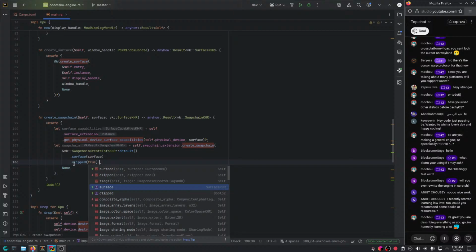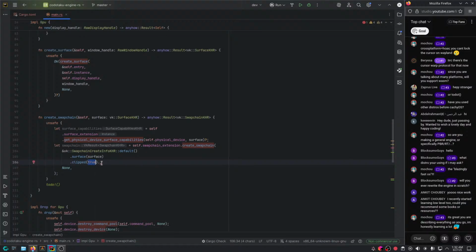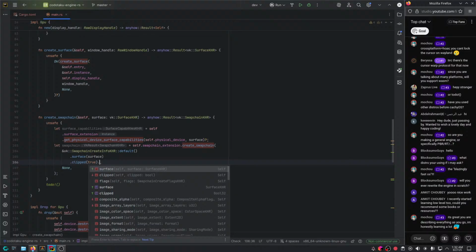Then if the window is hidden behind another window, you still want those pixels to be valid. In that case, you can't set clipped to true. You should set it to false, so you can get valid pixels even if the window is hidden by another window. But in our case, we don't really care about that, so we just set clipped to true for best performance. So those pixels, we just basically say we don't care about the pixels that are hidden by another window.